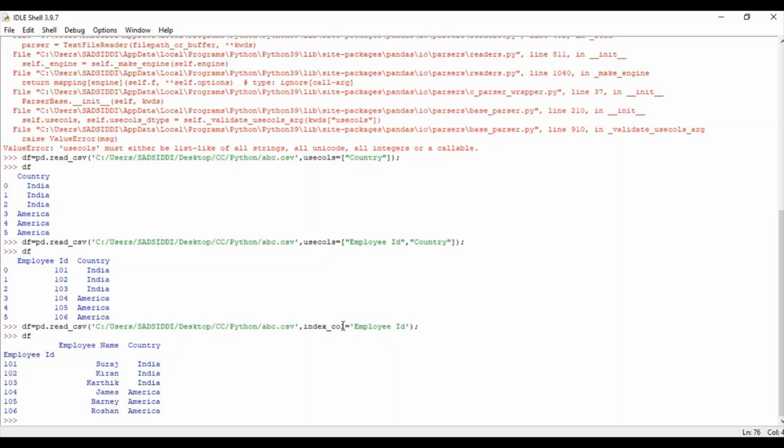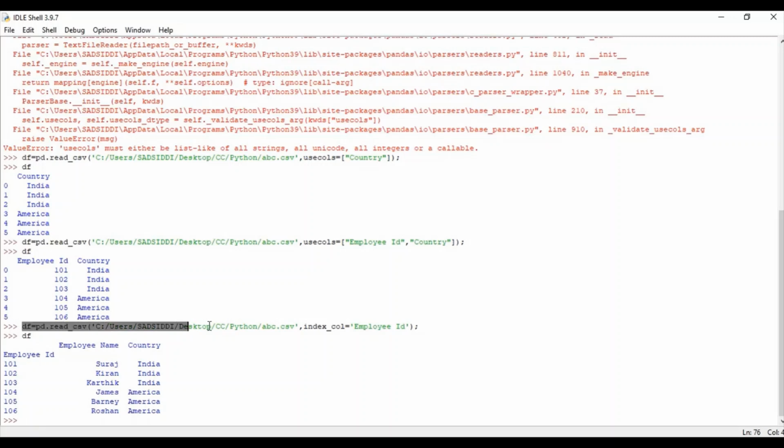So earlier my employee ID was also being used as a column, but now I'm not using employee ID as a column, but instead I will be using it as an index for rows. So all the employee IDs will be written over here.